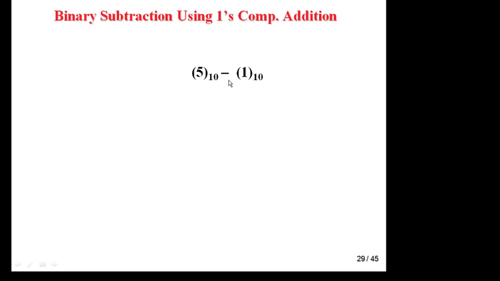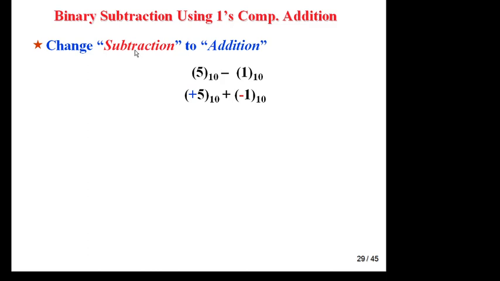Just write down 5 plus minus 1. Okay, you have to change subtraction to addition. I change minus by plus and take minus 1. Now you know what is minus 1, because you are performing by using one's complement. So minus 1 is nothing. It is one's complement of plus 1. Okay, in last class I discussed minus is nothing. It is either one's complement if you are performing by using one's complement method, and minus 1 is two's complement of plus 1 if you are performing by using two's complement method.